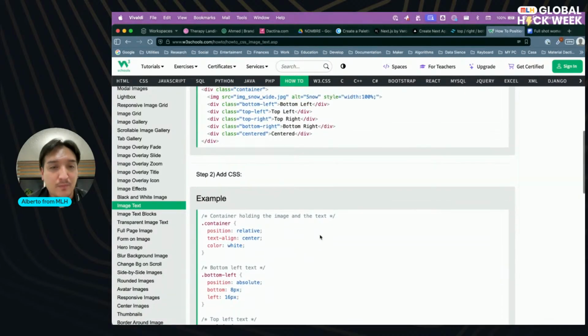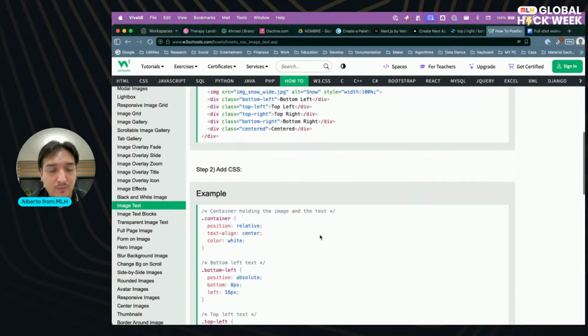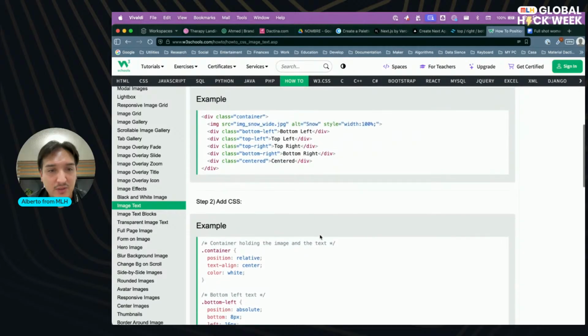Okay, the position of the container is the one that is relative.